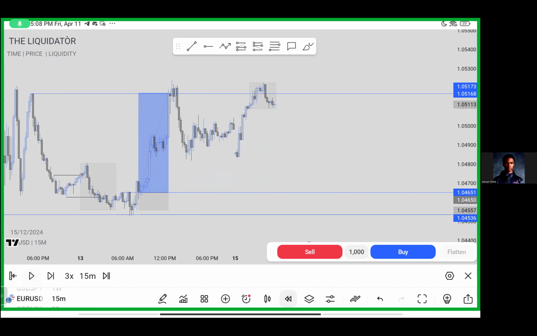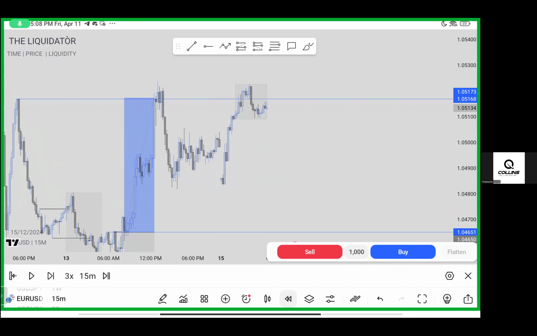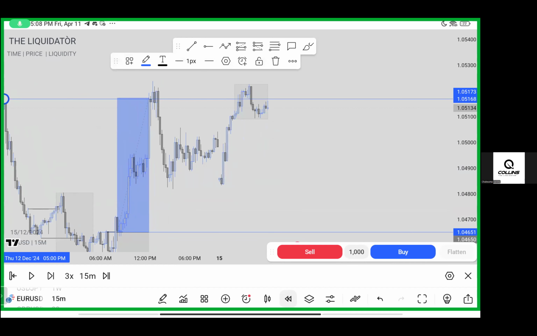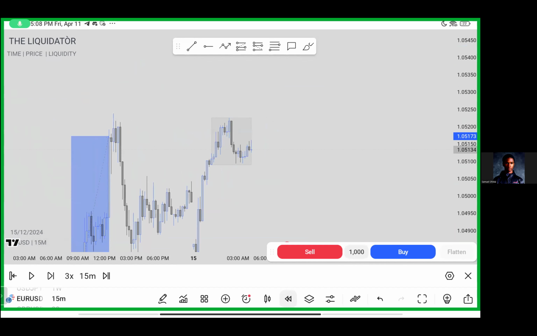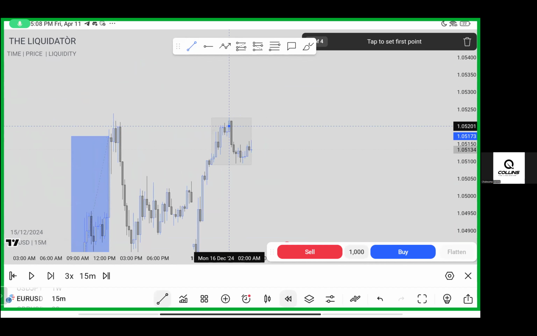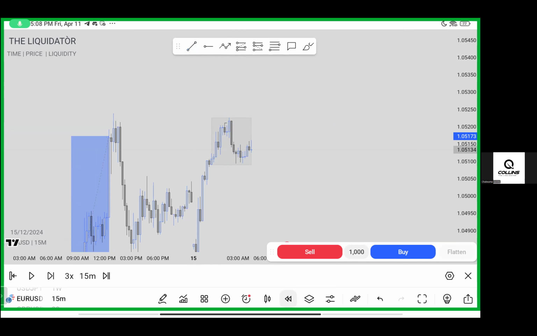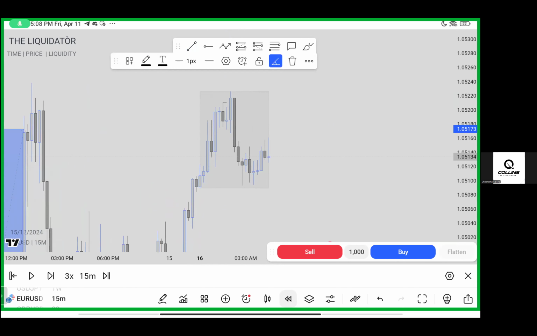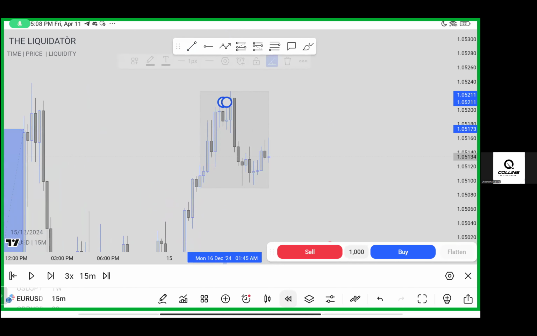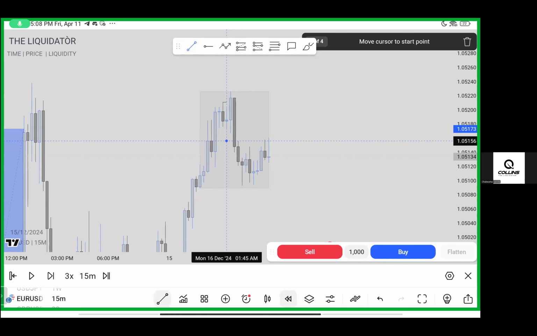Okay. So on this day, this was what I did. Price was kind of tricky there because I saw that price took out liquidity here, right? There was a three-candle formation. A three-candle formation is what makes that place a swing high. So price took out this swing high and gave a break of structure to the downside right here. This was the swing low here. It gave this break of structure right here.